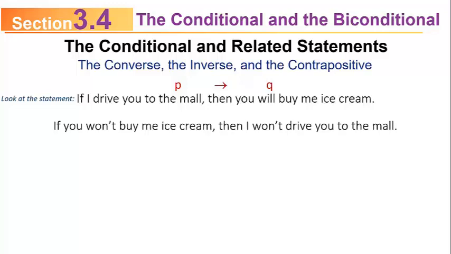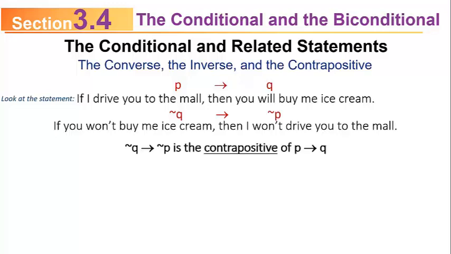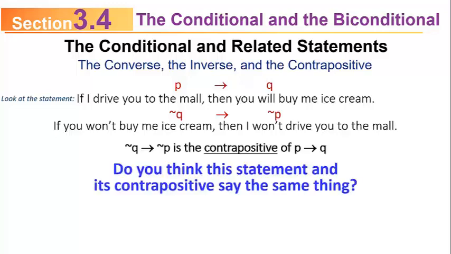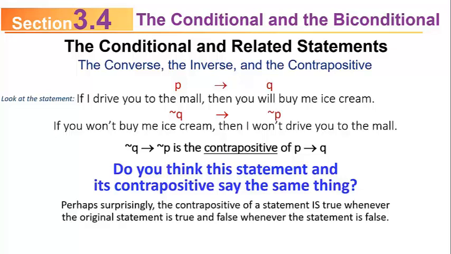How about this statement? If you won't buy me ice cream, then I won't drive you to the mall. Notice that you've negated both P and Q, and you've switched them. That's the contrapositive. Do you think the statement and the contrapositive say the same thing? Read them both. If I drive you to the mall, then you'll buy me ice cream. If you won't buy me ice cream, then I won't drive you to the mall. My guess is you would say these two statements don't necessarily mean the same thing either, but surprisingly, that is